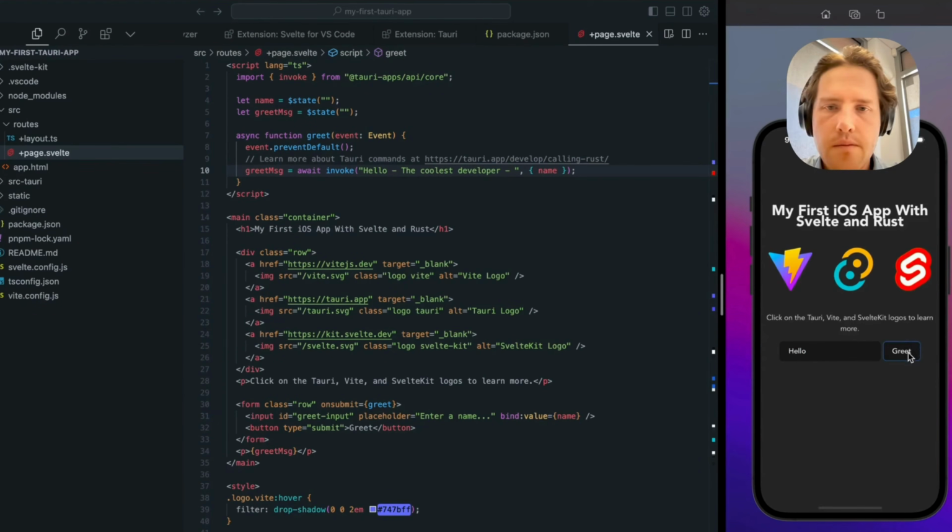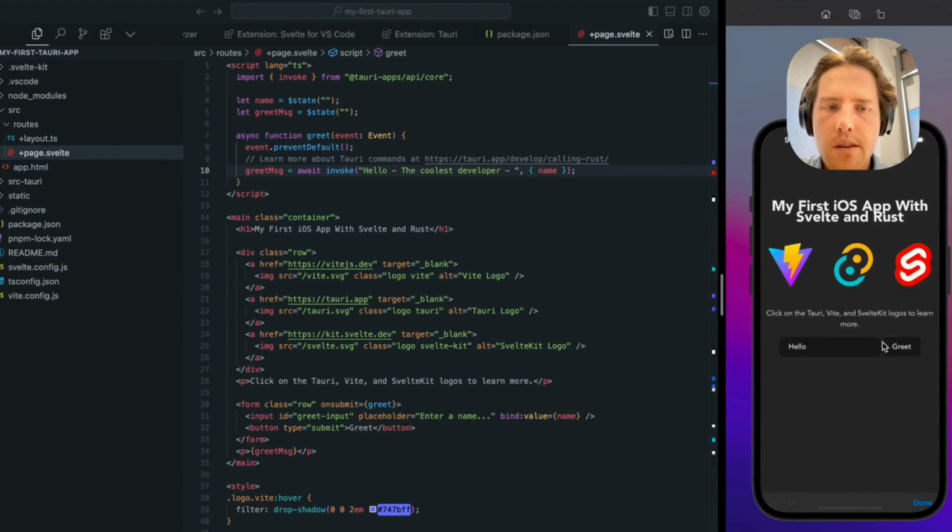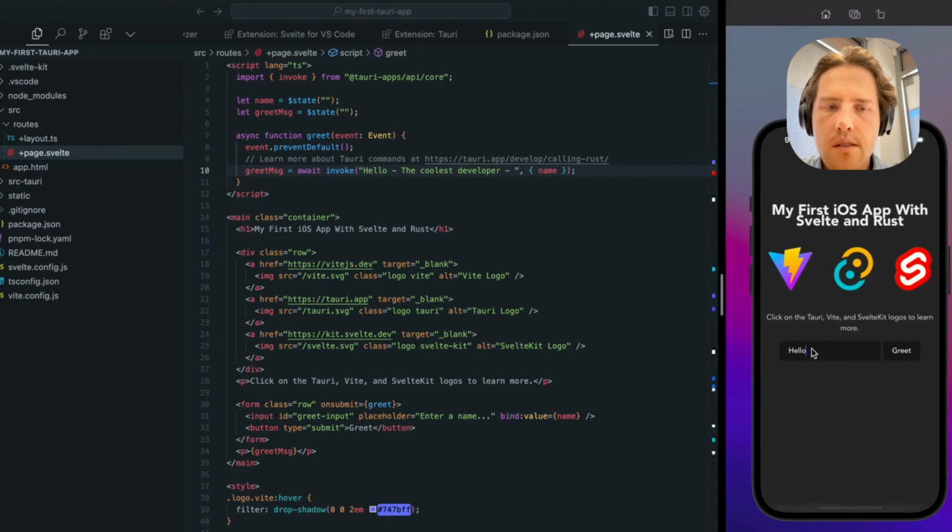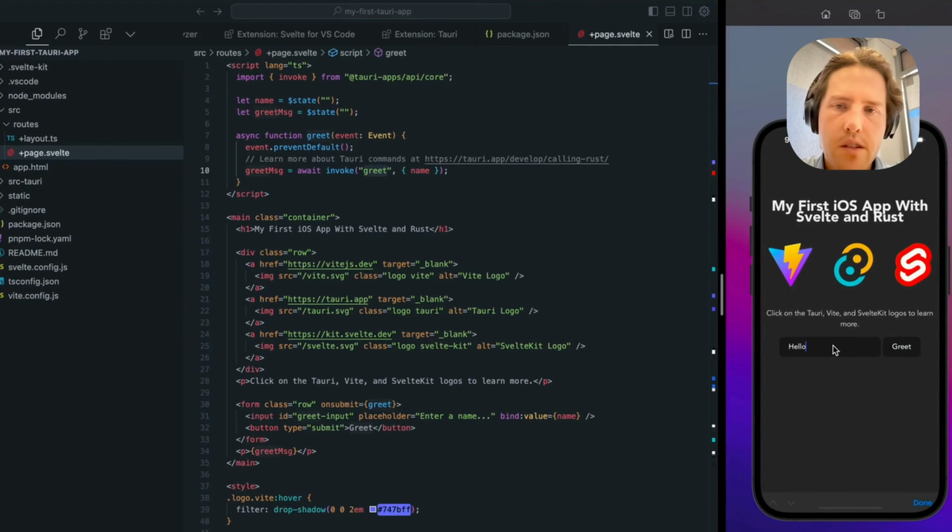And I broke it. What's going on here? Oh God. Okay. Yeah, I'm a dummy. Greet is the name of the function and it's invoking from Rust. So we need to